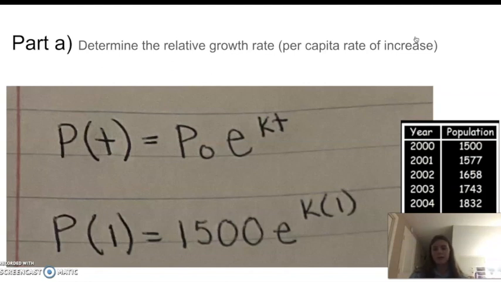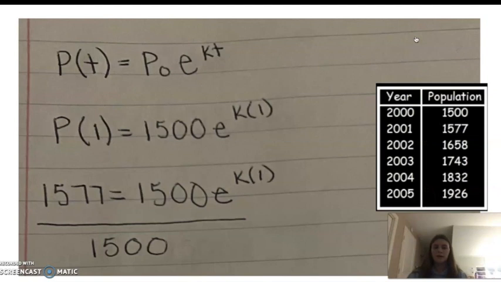So then we have P(1) = 1,500 times e^(k·1). Then we can replace P(1) with 1,577, which is from the chart,